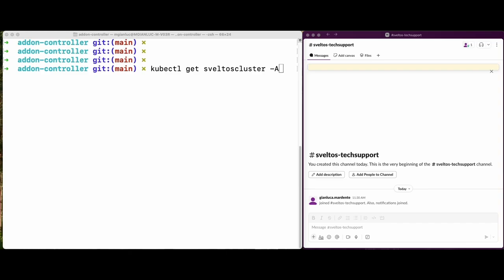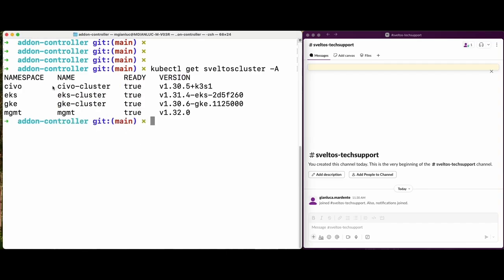For this demonstration, I have prepared 3 clusters: an Elastic Kubernetes Service, a Google Kubernetes Engine, and a Civo cluster. All those clusters are controlled by Sveltos. The Civo cluster is using version 1.30.5, the EKS cluster is using version 1.31.4, and the GKE cluster is using version 1.30.6. The management cluster is a Kind cluster where I have installed Sveltos, and from there I manage all